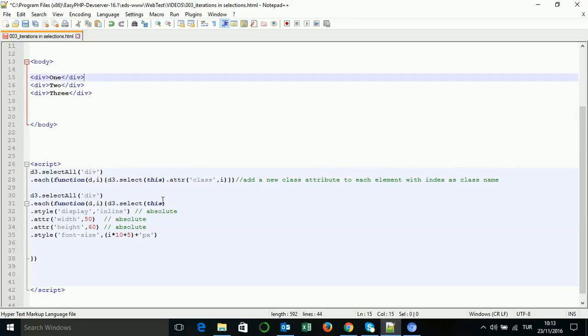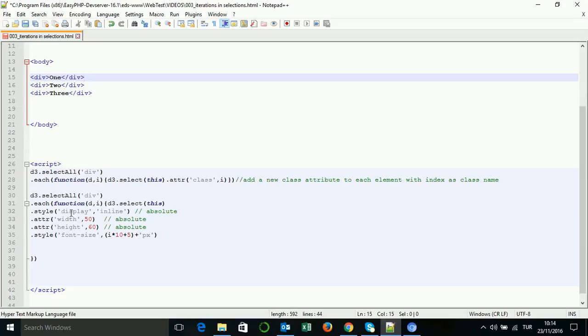It can seem quite complicated at first glance, but you will get used to it, because it's always the same formula that we use. Now we can continue with the same procedure. We select all the 3 divs. So we now have a selection with 3 elements inside, and for each element we are going to use the accessor function select this. So we are there with the first element, and then we ask D3 to add a